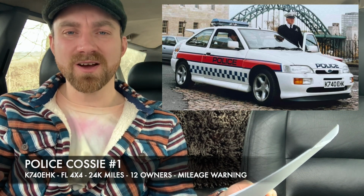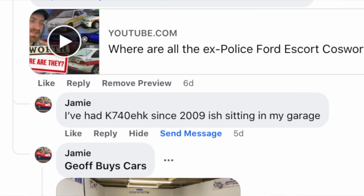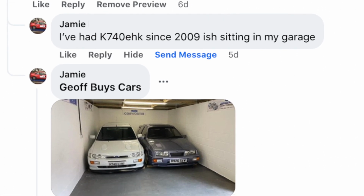Well, this is a nice one, because a chap commented on my Facebook page saying, I've had this car since 2009, and it's safely stashed away in my garage. So we found one. Thank you very much for giving me that comment. Here's the car in the garage next to a Sierra Cosworth. Love it. I love that we managed to find that one. The next one is